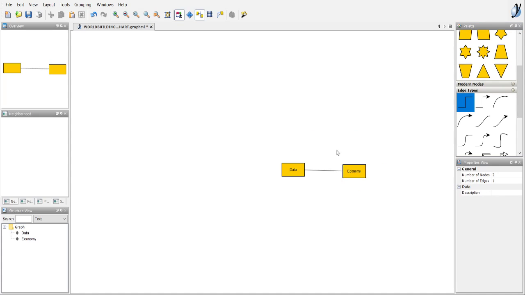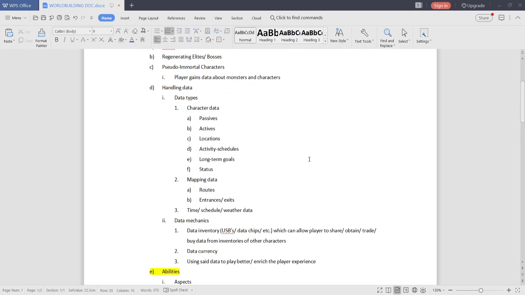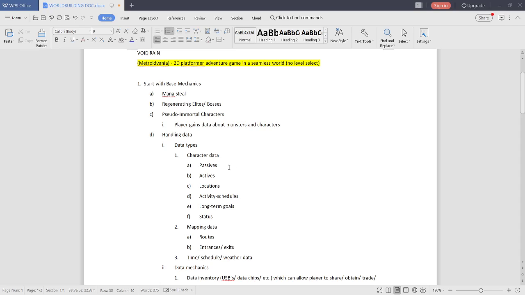And then I could have done this with all the other things, but I think I'll do that for a different stream where I try to get all the things that I did in the Word document and connect them in ways that make sense. But for now, I'm in the Word document because we're more focused on generating things rather than actually connecting them in meaningful ways. So yeah, Mana Steel.